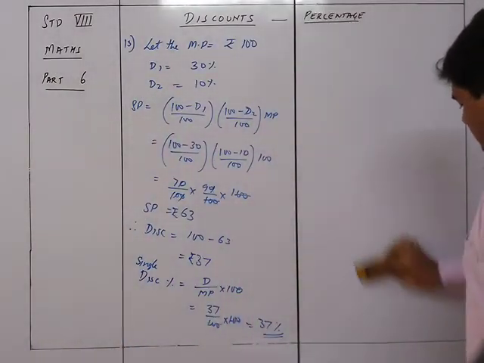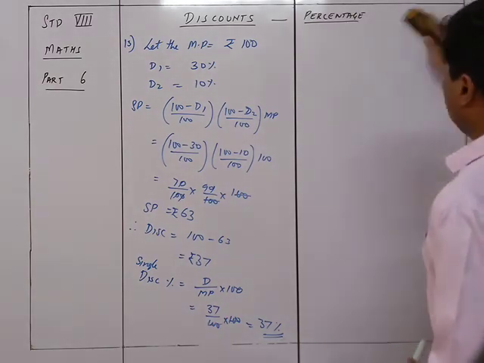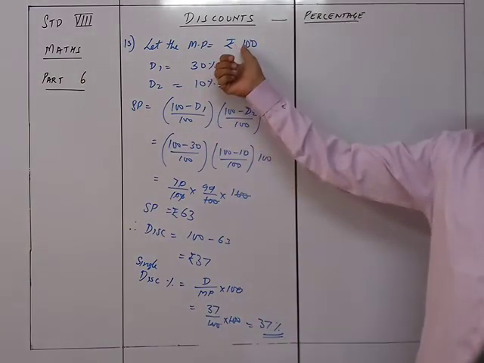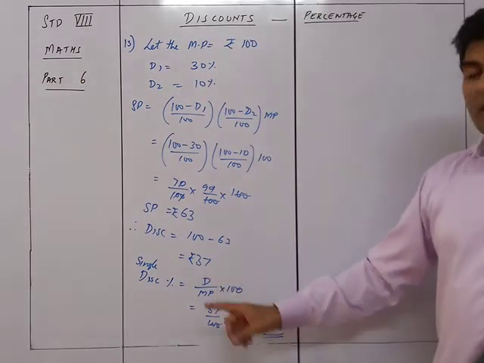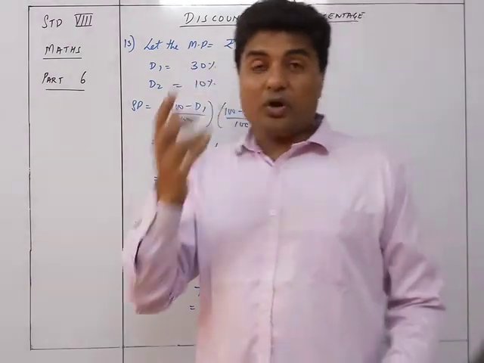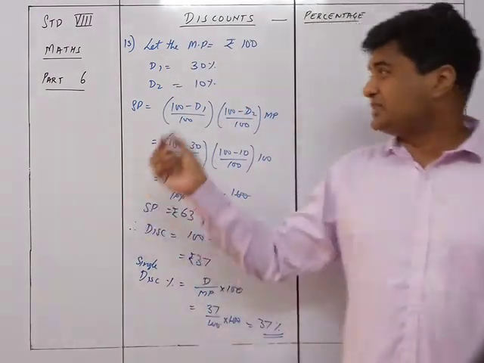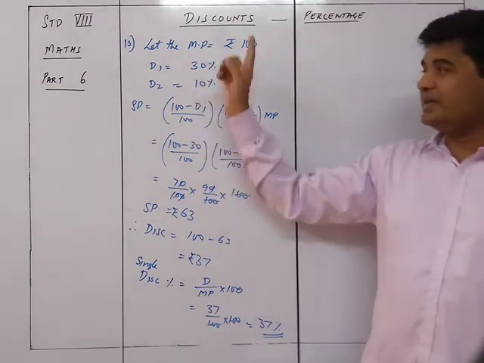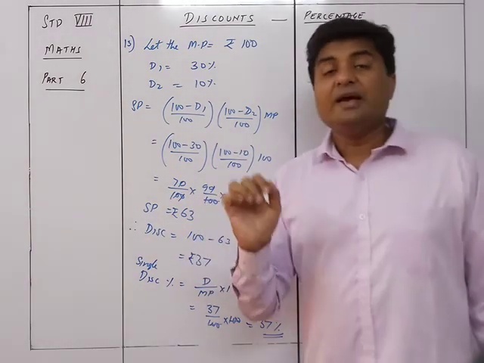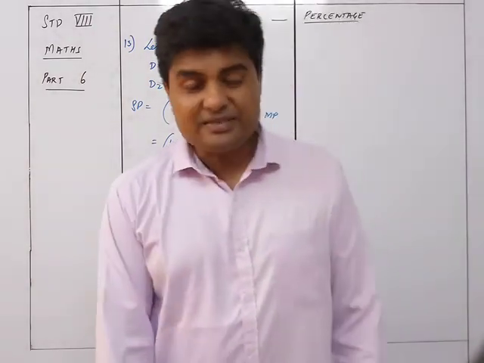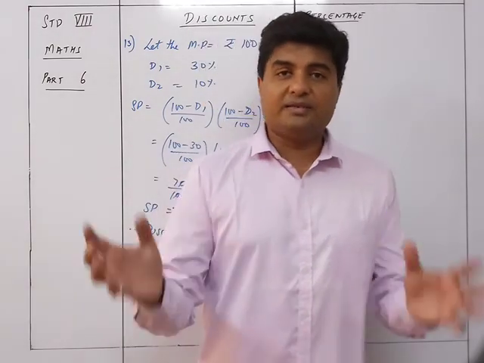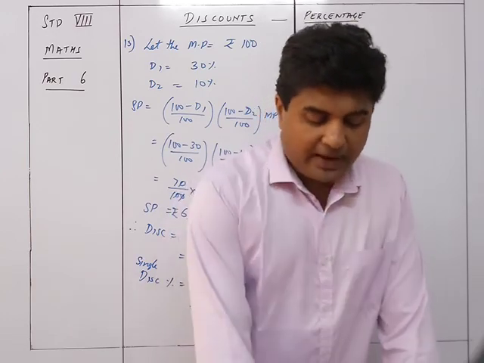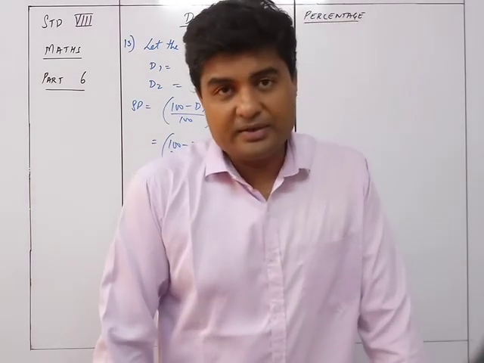Sum number 13 was about the single discount. Because we took the value as 100 here, whatever amount I am getting as a discount is also the single discount percentage. Because 30 plus 10 should be 40, but we will not get 40%, because once the 30% is discounted, we are taking 10% of the balance. Hence, it gives you 37% as the net discount, as a single discount for the two successive discounts. Okay, so this was the end of exercise 7.3 on discounts.